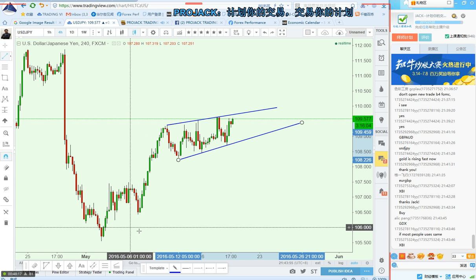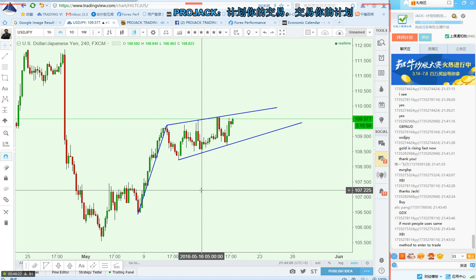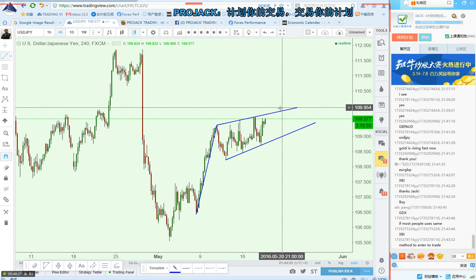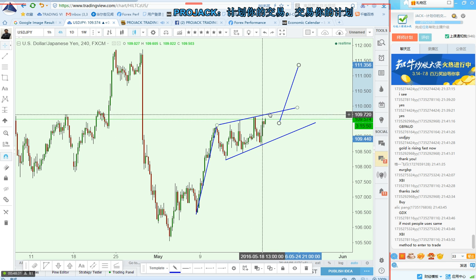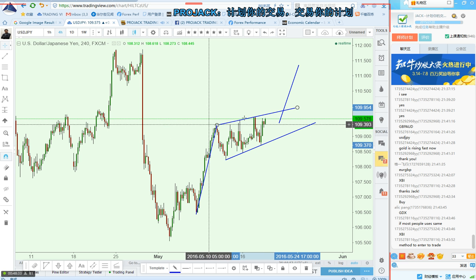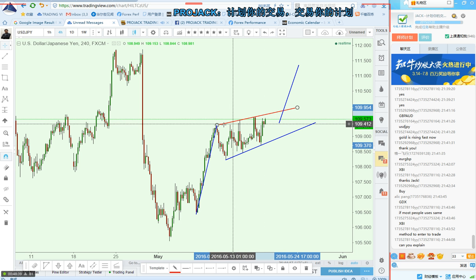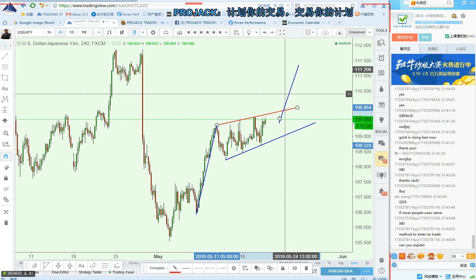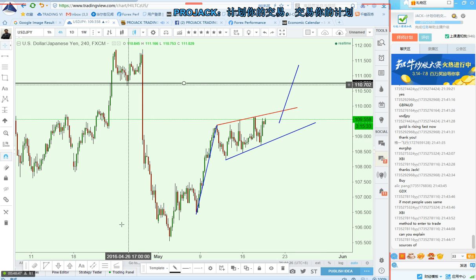it is up, right? So most likely dollar yen may be a trend continuation after it breaks this line. I make it red. This line currently is working as a resistance, but if it breaks up, the dollar yen may still go up all the way to where? To here, 110.75.